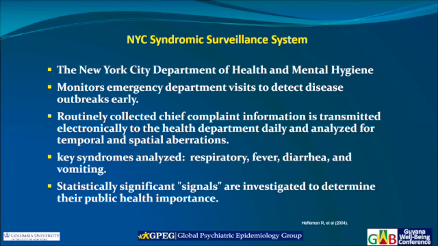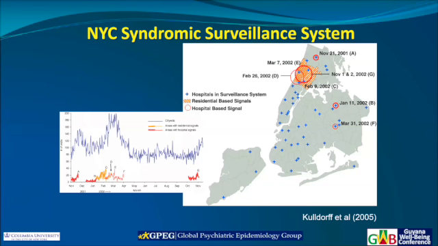The New York City syndromic system was established back in the early 2000s. I'll skip this slide here, it's just too many words. Basically, they get reports every day from emergency departments from all over the city. They get them via the web, but they're text. We're not talking about how many people had a disorder, how many people had operations, or how many people came in with a car collision. It's more about symptoms. That's why it's a syndromic surveillance system.